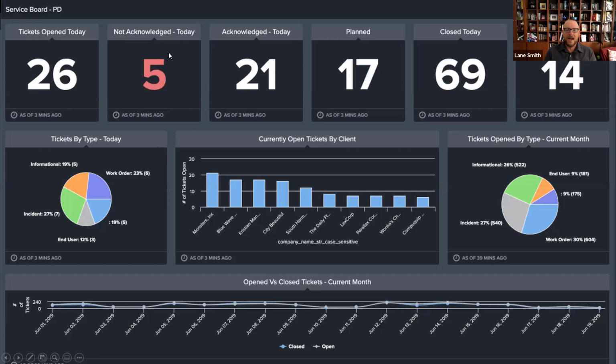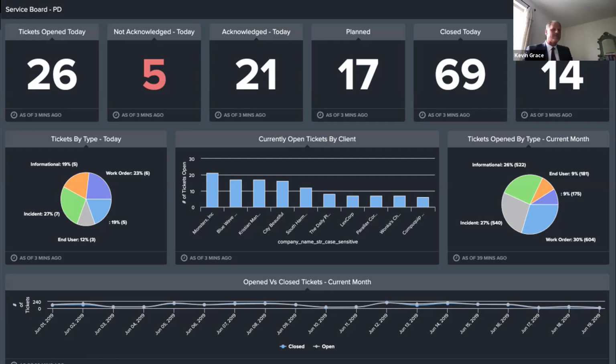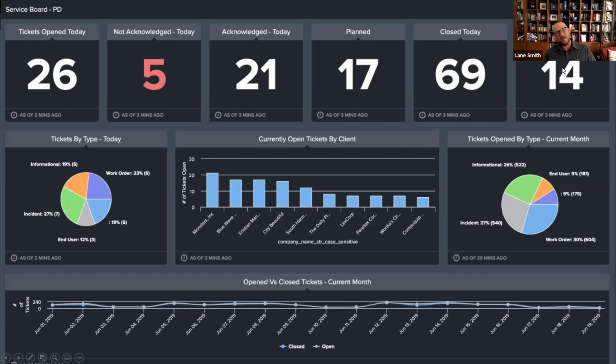Yeah, so you're right, guys. Not acknowledged today actually means pretty similar to unassigned, right? But that's the problem, okay? And then unassigned's a problem. And all of the rest of this stuff, closed today, well, who really cares, right? Acknowledged today, who cares? Who cares about this trend? All of this stuff is good information, but as far as a dashboard is concerned, I want that dashboard to